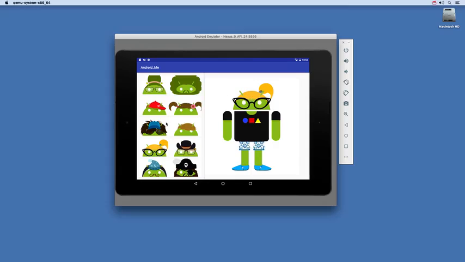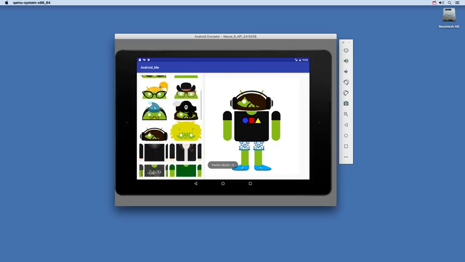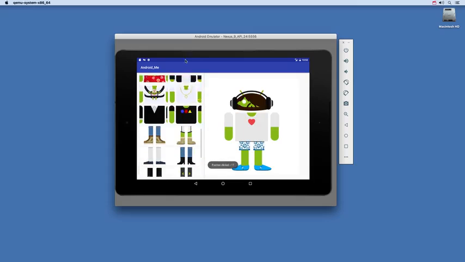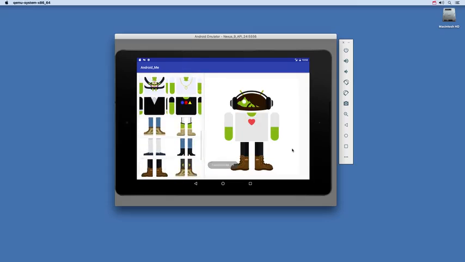It lets you select different images for the head, body, and leg parts of the Android from a list. And when you click on an image, it updates how the final Android looks in this layout that displays the whole Android. So you can select body, legs, and heads as you choose. This is the final two-pane tablet layout, but we'll be starting by coding up the layouts on a smaller screen